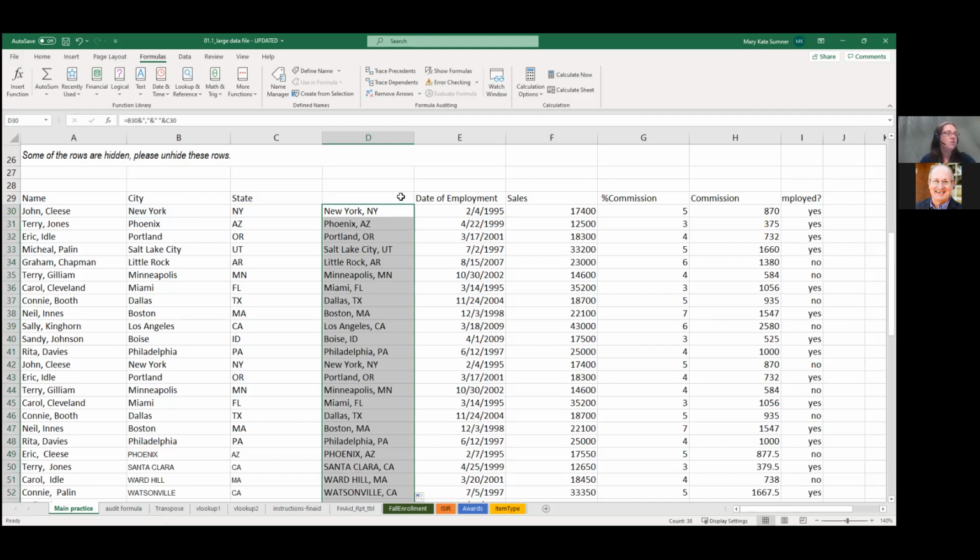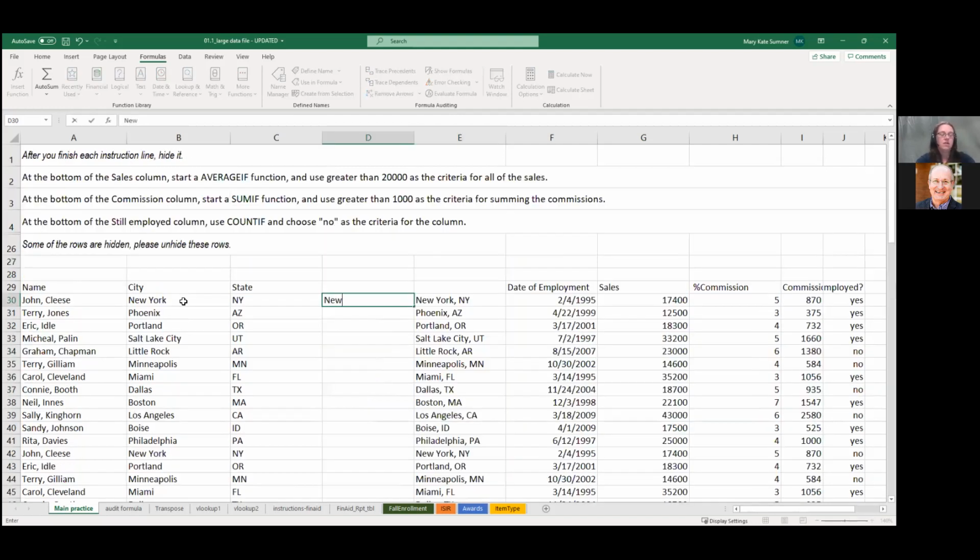Now, another version of this that could work here is, if you don't want to do that and everything is set up just right, add another column to the right. You should be able to type it in, comma, New York. And, oh, that's not what I meant to do, sorry. And it should automatically, you should be able to,